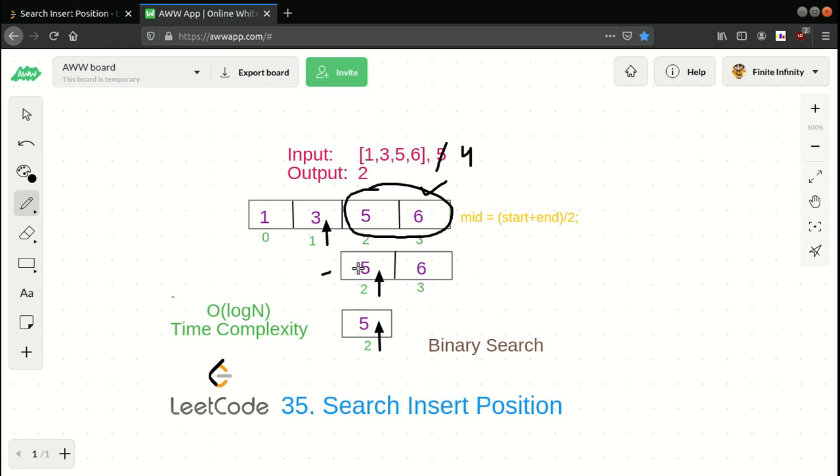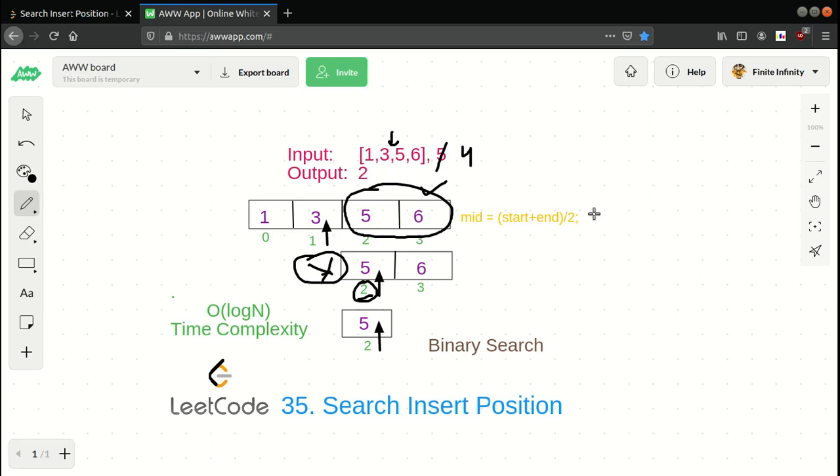Now our mid will be 2, and the value at mid is greater than our target value. So we have to look at the left half of the array, which is empty, so we have to return 2. And if you can see, it is also correct, 4 should come here, which is index 2.